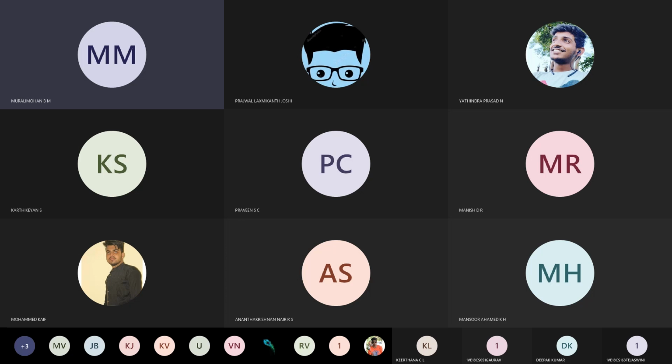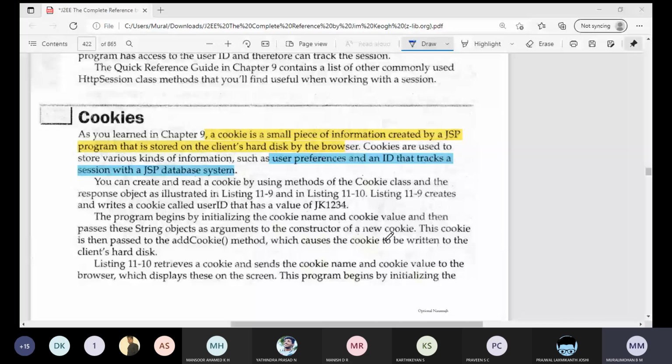Yes, sir. There is a little bit of difference with the internet, so I hope we cut the session. You can take this as an example: when we are back to the session, the server will forget me. The browser should send the cookie along with the request, and only then will the server come to know. This is the continuation version. The session is still going on. This is how session tracking and cookies are helpful.